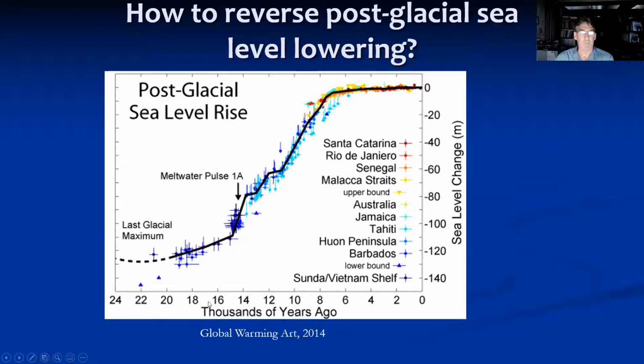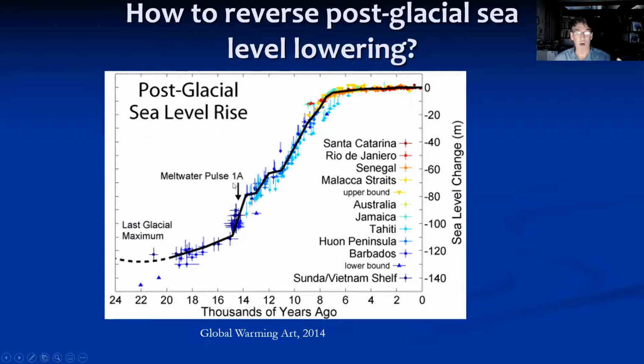Well, remember the isostatic, the weighting by the ice sheet causes the crust to sink, and it's coming up from a much deeper level. So initially, when you first deglaciate, even though global sea level is lower, the local land crust is even lower than that. So sea level starts high, and then is there a way to reverse and have global sea level outpace the isostatic rebound? And there's a possibility, because right in the right time frame, there's this thing called, go back, meltwater pulse 1A.